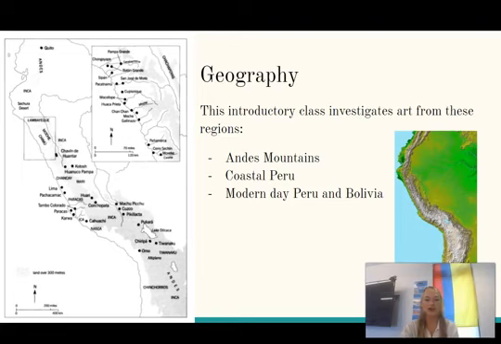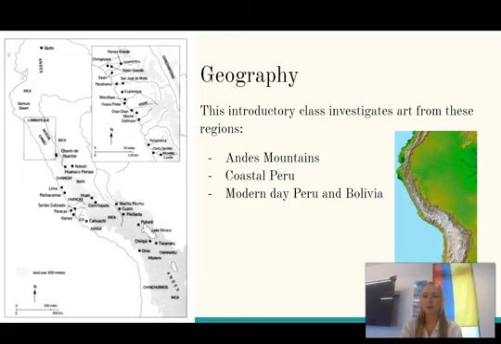We have strong cultural continuity that dates from around the 4th millennium BCE all the way to the time of the Spanish conquest. And many of these cultures continued on in their traditional ways even after Spanish contact, but this class mainly focuses on art up until that time, although it is always important to remember that many of these indigenous cultures are still very much alive even into the modern day, despite some influences from the West and modern culture as well.